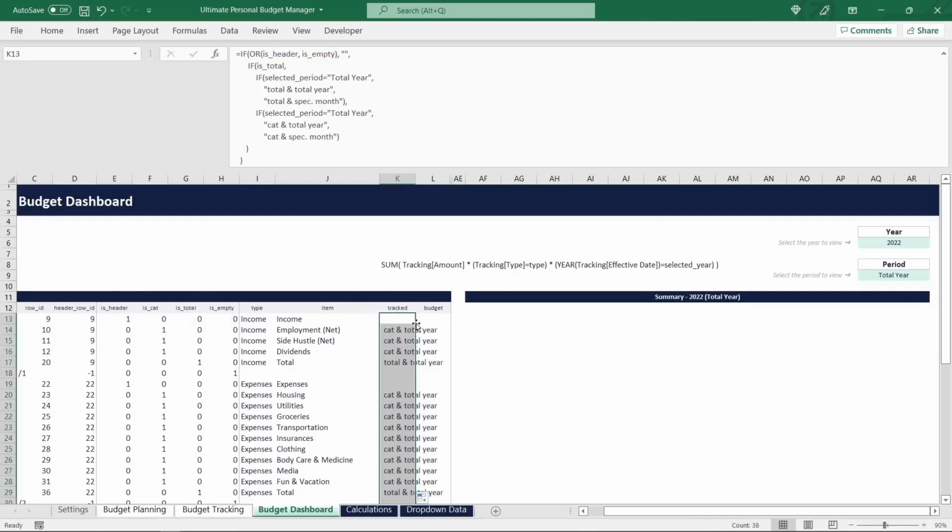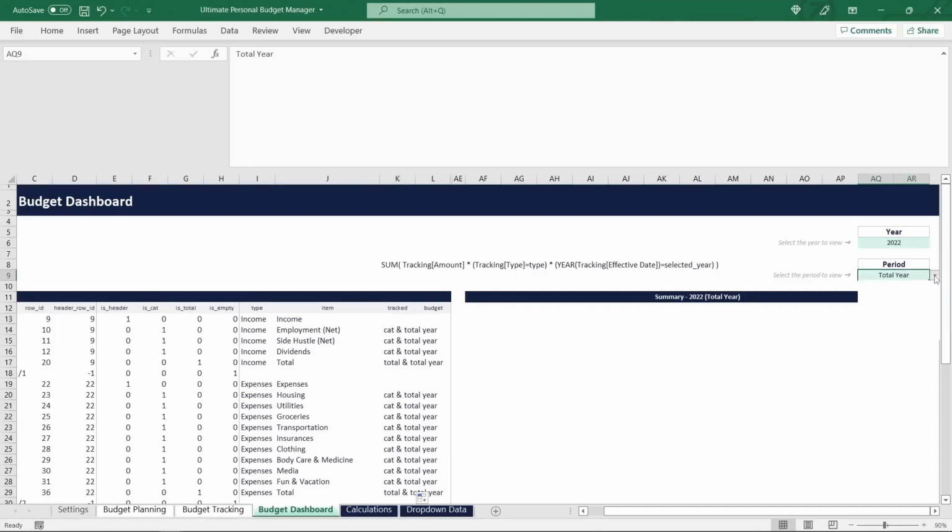Now we see for every item which calculation would be applied. Right now, with the total year selected, the category items all have the category and total year case returned, while the total items return the total and total year calculation. When we select a specific month instead, we jump to the corresponding month cases for both the category and total items, and that means that we have now ensured that always the correct case is applied for every item and